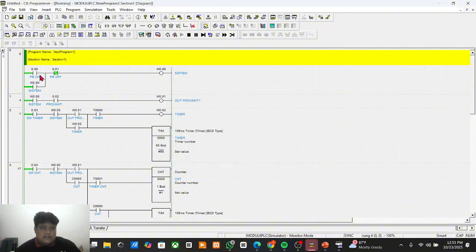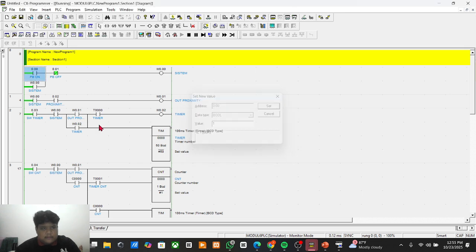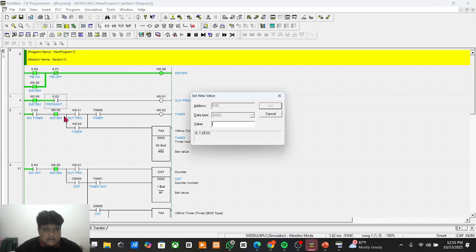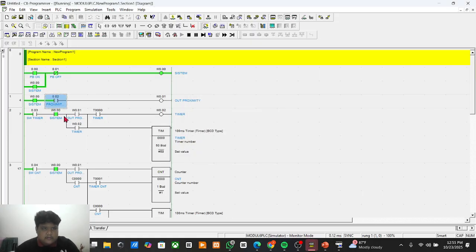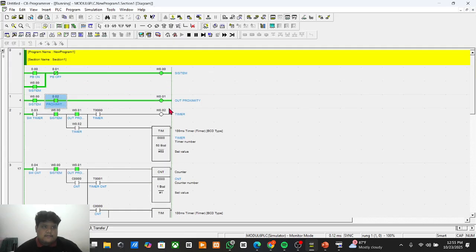Okay, now first we turn on the on button here to turn on the system, and then for the proximity sensor, turn it on.